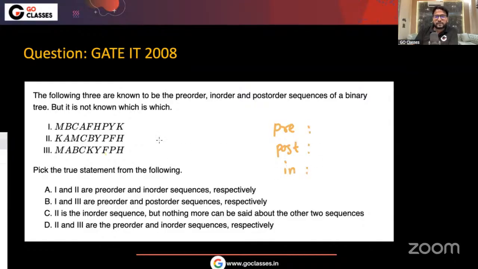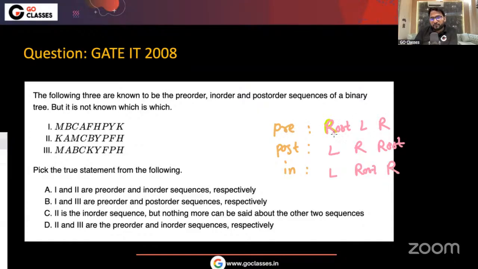Here it is basically, let me write using this. It is root, left, right. This is left, right, root. And this is left, root, and right. See, in pre and post,